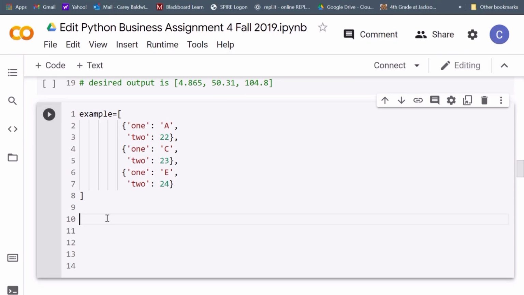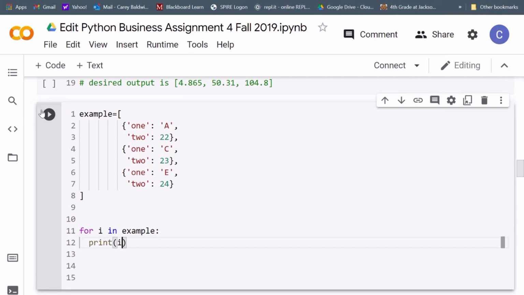As always, we tend to start with a for loop when we need to extract an item from every element within a data collection. So in this case, I want to think about what I want to do. I want to extract the value associated with all of the keys of 2. So I'm going to ignore the 1. I'm just going to extract the values associated with a key of 2. So I know I'm going to need a for loop, so I'll just do for i. It's always i. For i in example,